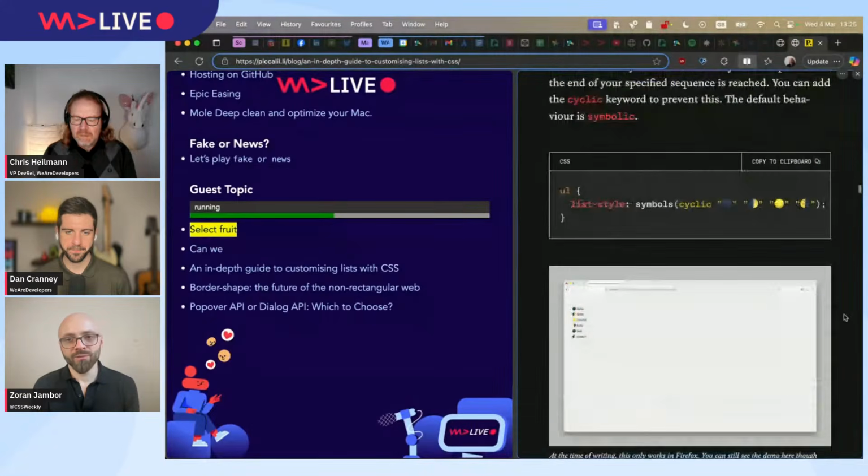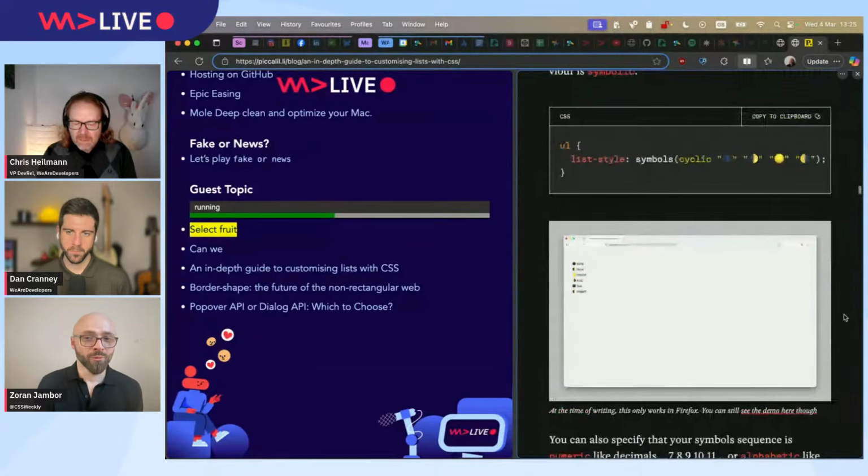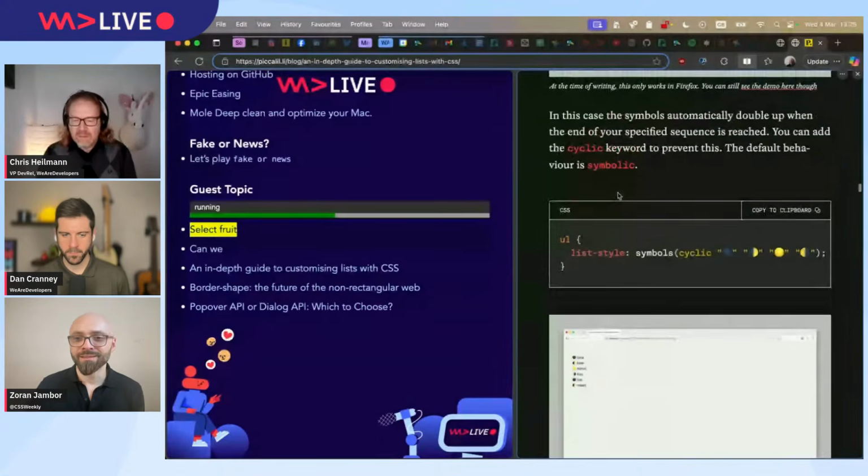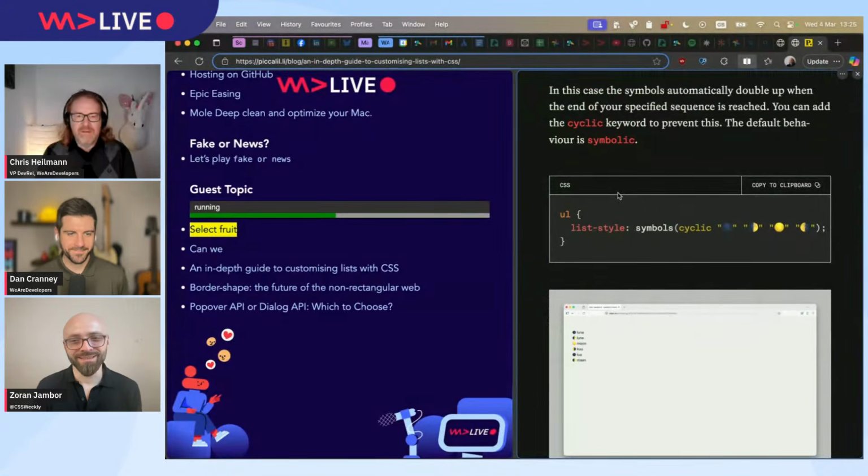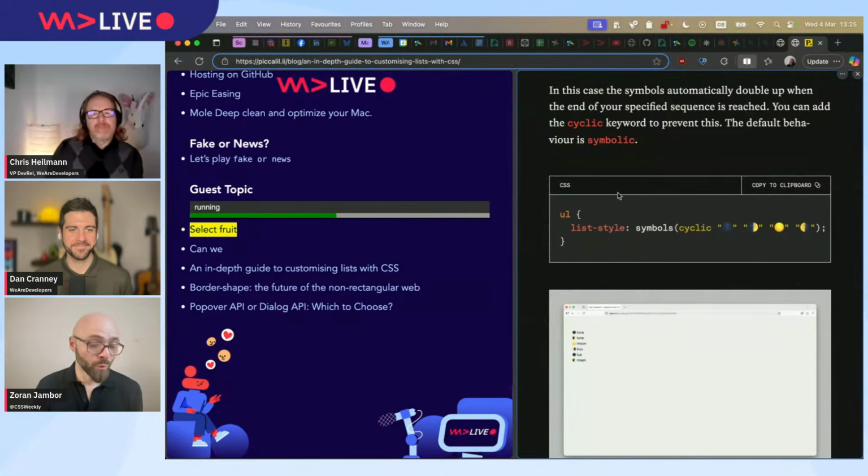Because the first thing that you usually do when you create an ordered list is just list style none, because you cannot really style the native elements, or you couldn't before. So now there are ways, but I don't think it's there in terms of browser support yet. But yeah, features like that are really great.